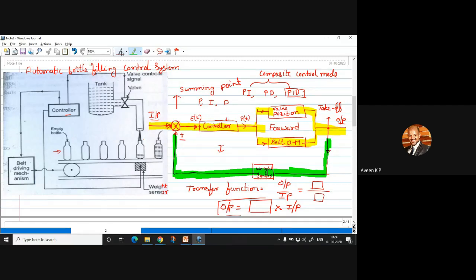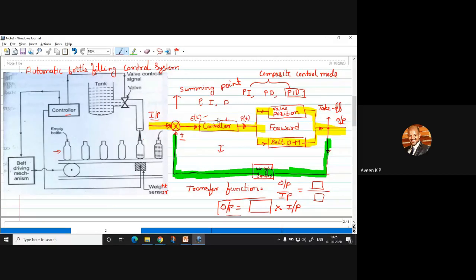So the feedback, we call it as a, so in forward path, if you observe the direction, it's all from input to output, and in feedback, we have the opposite direction. We are measuring its output and we are feeding to the summing point so that any correction will be made to the input. So any correction to the input, we'll call it as an error. So that is what I want to tell.